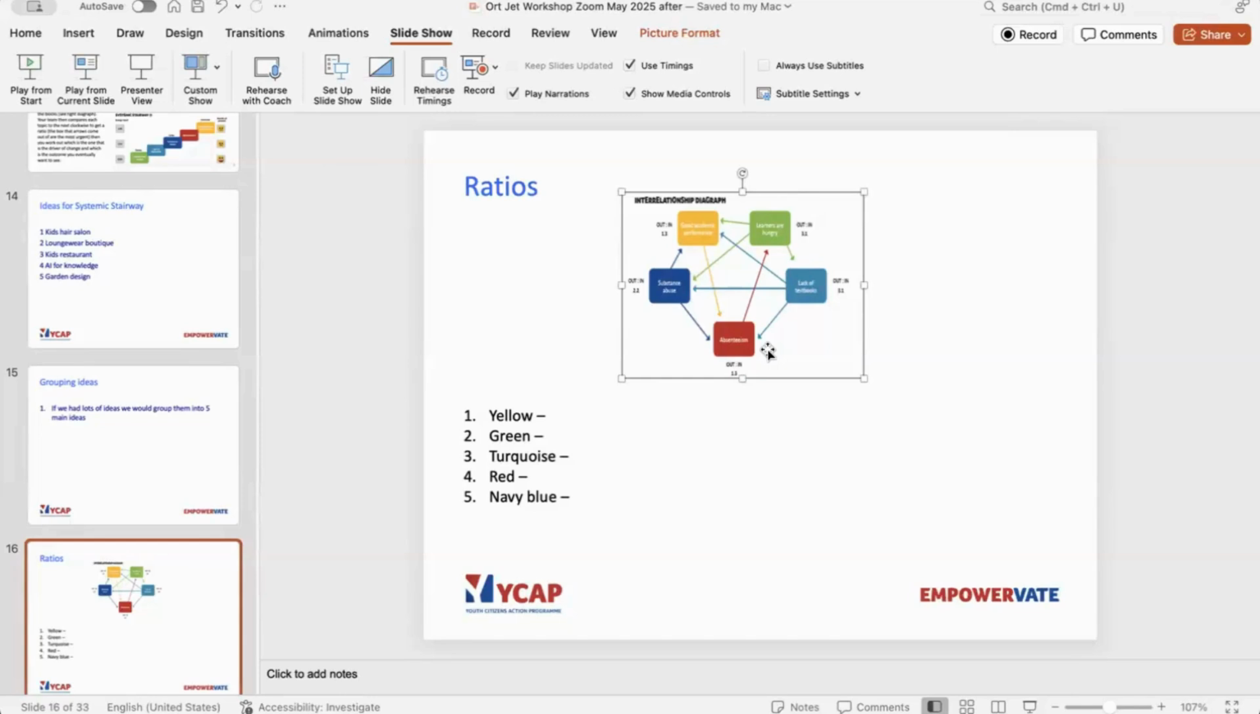The red block is going to be the AI for knowledge. And then the dark blue one is going to be the garden design. Okay. So now what we're going to do is we are going to take the first block, which is the